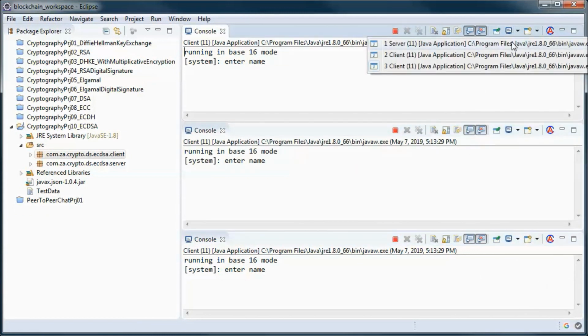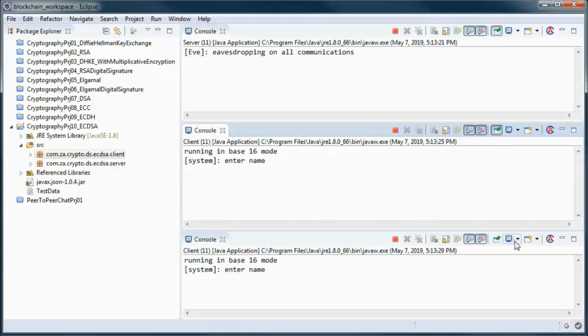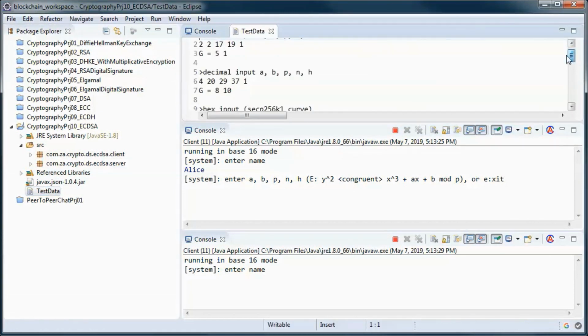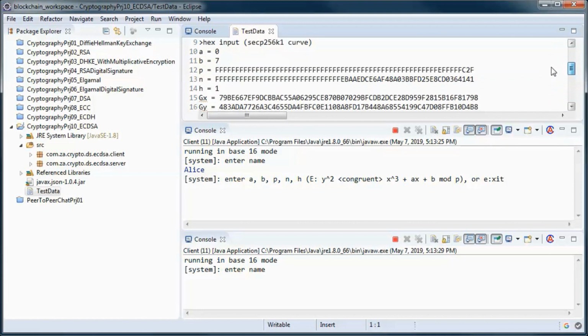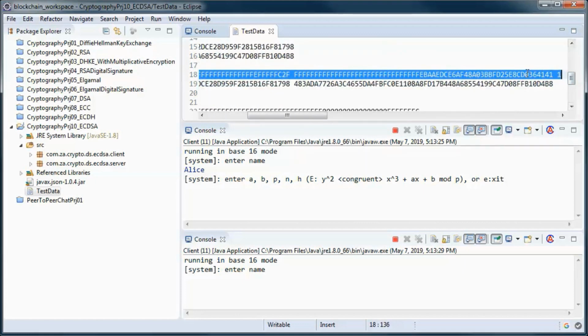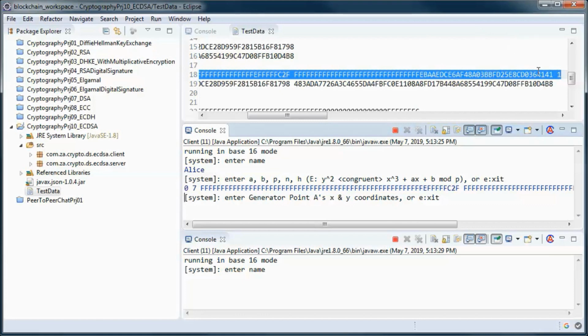And this will be the server, and this is the first client, and this one the second one. So we'll have Alice here, and she will be using the secp256k1 curve. So let's copy this, with this generator point.